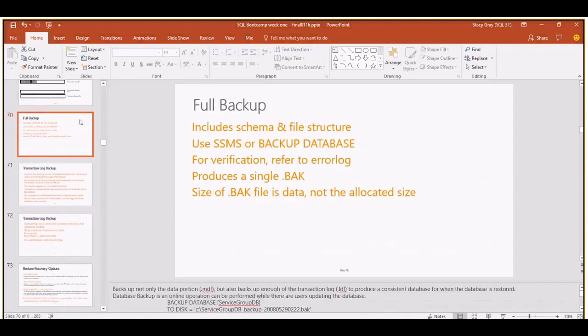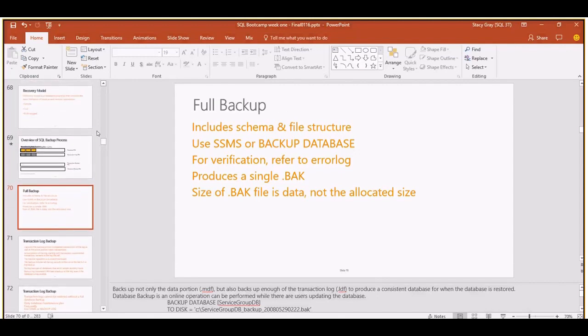Okay, so the full backup is just like it sounds. It backs up everything in the MDF, okay? And it does just enough of the transaction log backup to do a full restore, okay? It does not, however, truncate the transaction log. So the way the transaction log works, and I used to have this pretty,